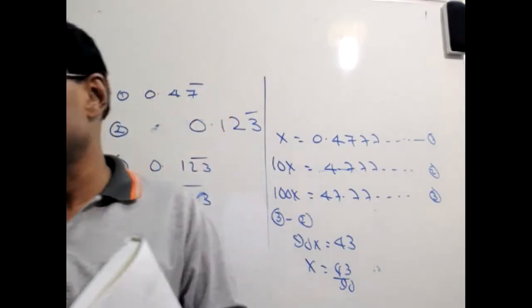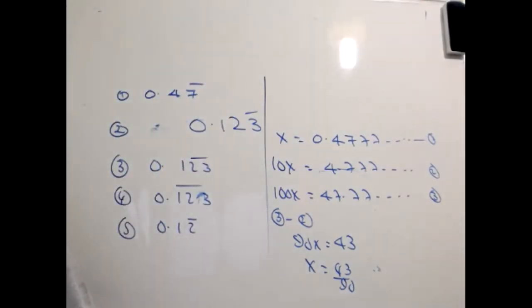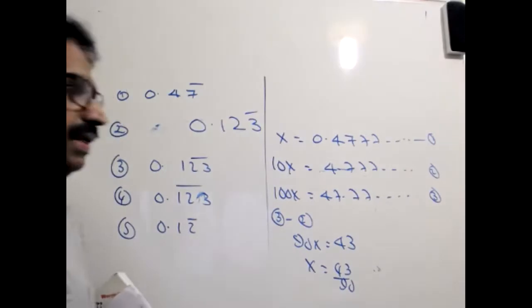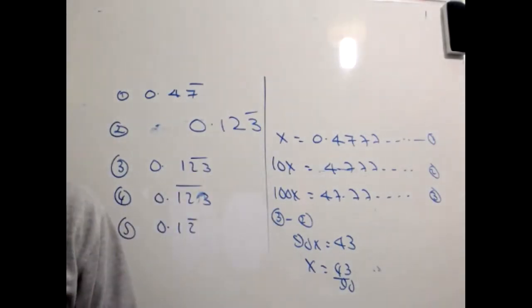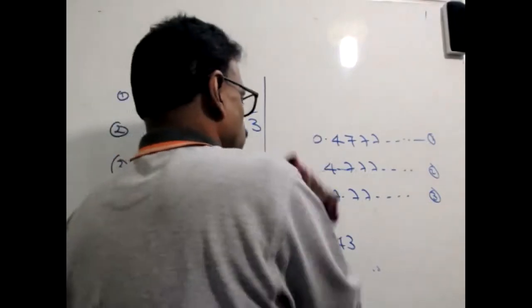Who all got the first question? Check the answer, correct or not? Maybe I'm wrong. 43 by 90, correct or not? Is school also doing the same method or a different method? Yes, because that time school not started. No, when I start, same method only. Okay, same method. First question, very important question. X equal to 43 divided by 90. Maybe some schools are using P by Q equal to like that. Okay, next one.